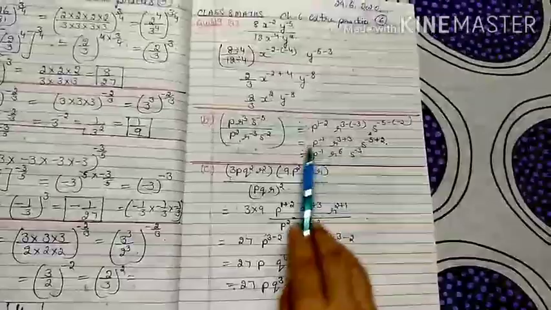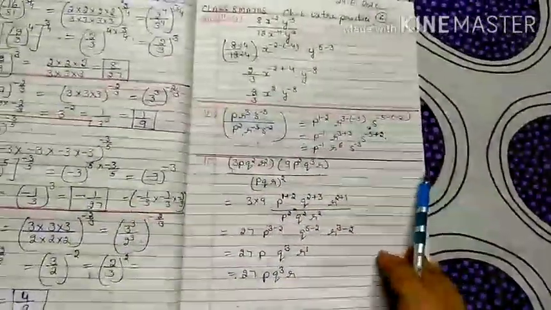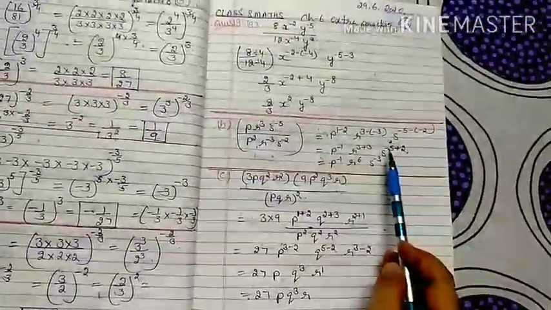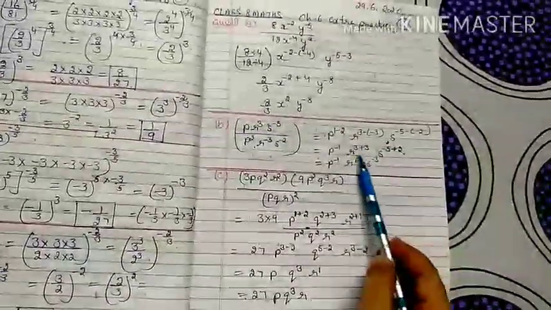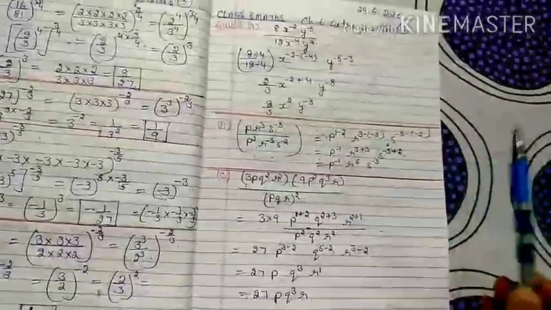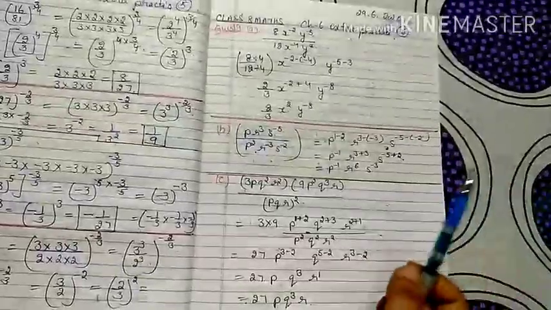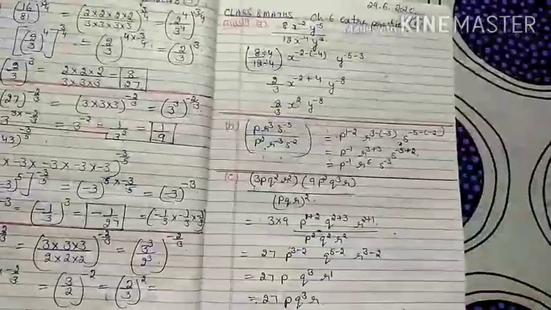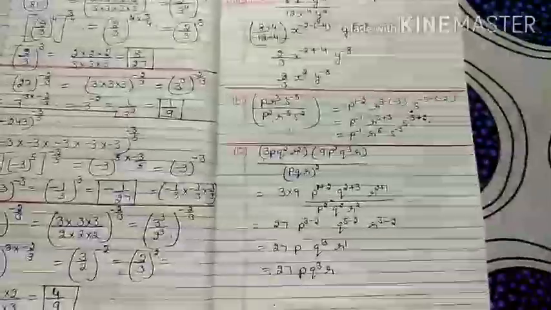Negative becomes positive. Ultimately my answer is p minus 1, r 6, s minus 3, because minus 5 is greater than plus 2. Because the negative term is greater than the positive 2, when you subtract, you subtract opposite signs, but your answer takes the sign of the term with the greater value. Here 5 is accompanied by the negative sign, so after subtraction your answer will be negative. Minus 5 plus 2 gives you minus 3.